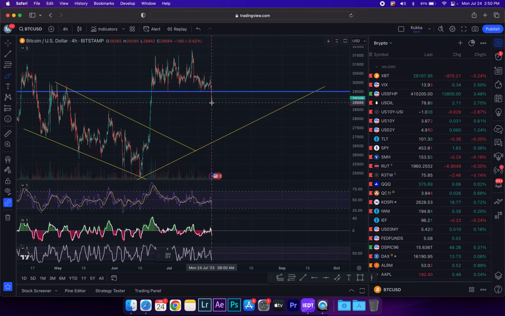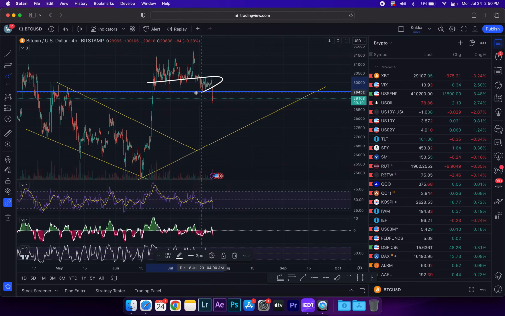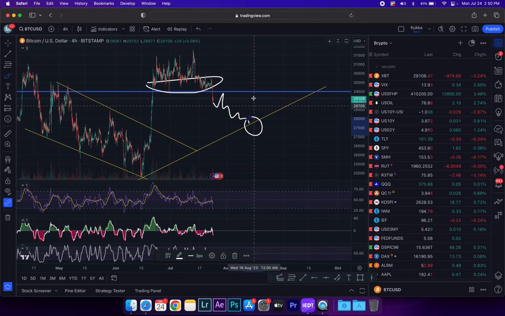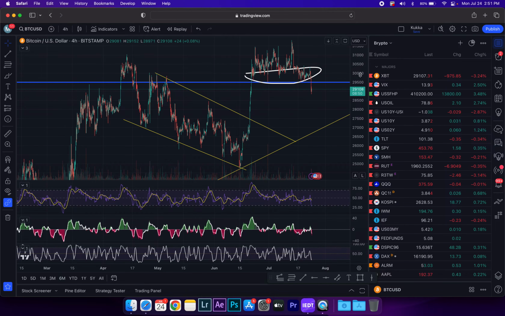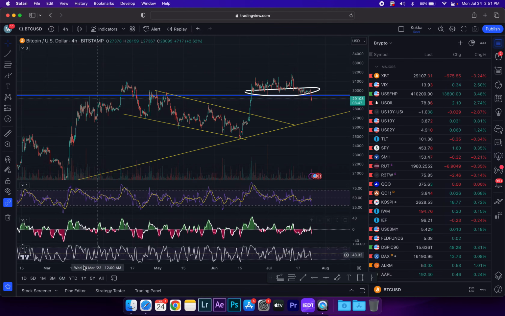Most likely जो मुझे लगता है ये एरिया अब आपका रेजिस्टेंस बन गया. ठीक है, Bitcoin will do something like this, go up and then come back down and potentially find support around this area. Okay, so this is how you identify trends within trends, and if you go on lower time frames, so you will again be able to identify these trends very very easily. So I'm going to now, sorry, try and identify another trend, and then we will move along